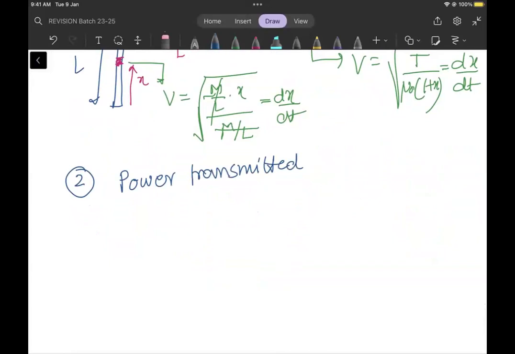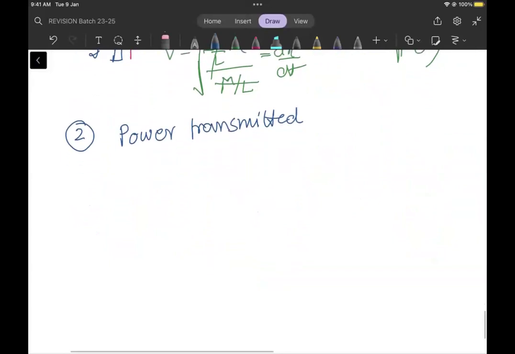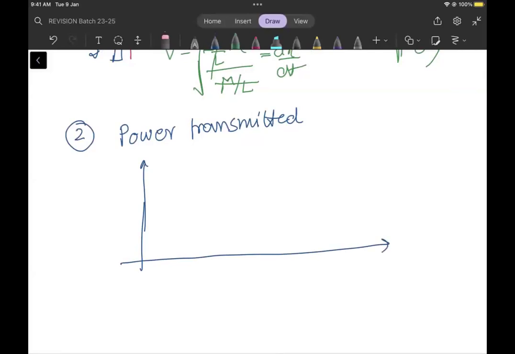The power transmitted by a string, right? तो पावर ट्रांसमिटेड के लिए हमको बहुत ही सिंपल सी चीजें याद रखनी होती हैं. ये फॉर्मूला मुझे कभी याद नहीं रहता, एंड देयरफॉर आई विल नॉट एक्सपेक्ट कि आपको याद रहेगा. तो इस फॉर्मूले का एक सिंपल सा डेरिवेशन है मेरे पास,